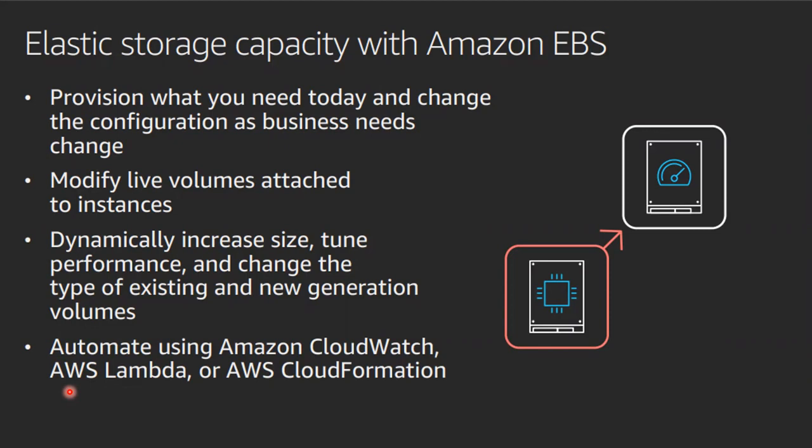And lastly, you can also use CloudWatch events or Lambda functions to perform certain actions in case of an event. Let's say whenever you are rolling out a critical update, you can trigger a CloudWatch event to take a snapshot, or you can send an alert to your administrator. So a lot of automation can be done with CloudWatch integration and Lambda integration.